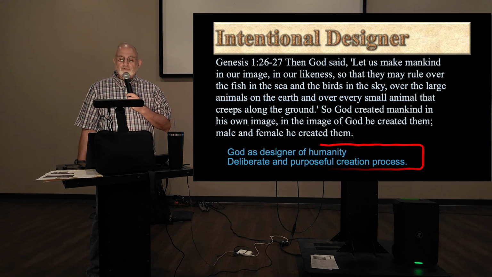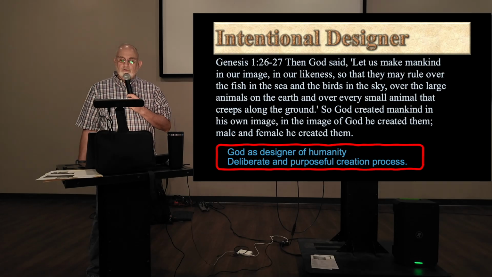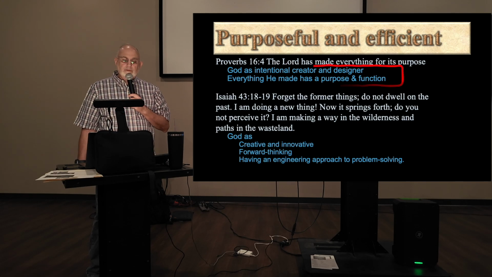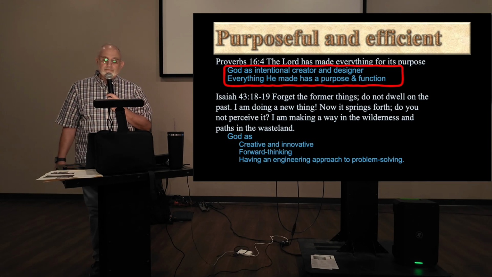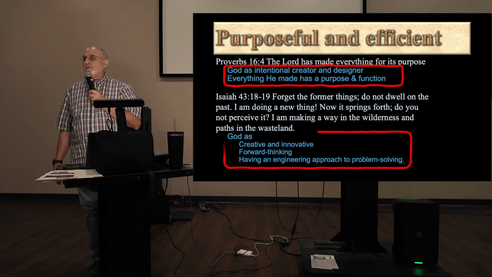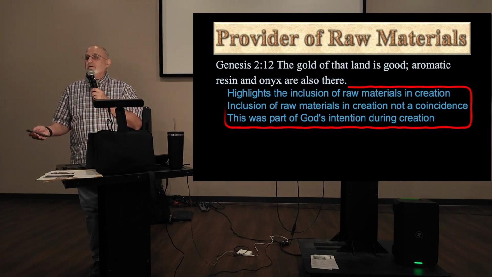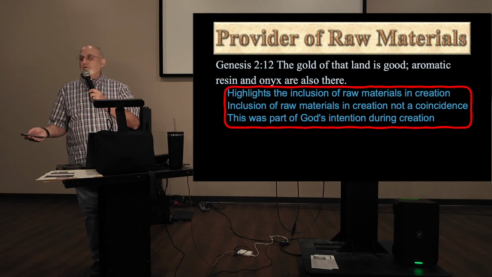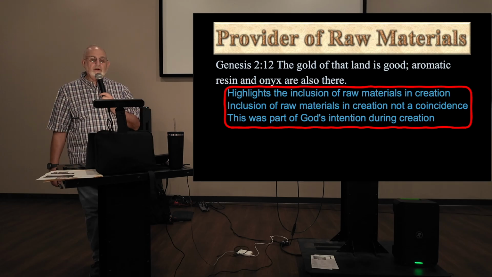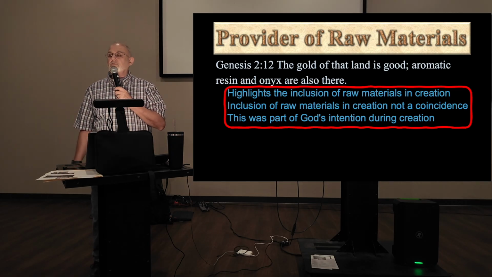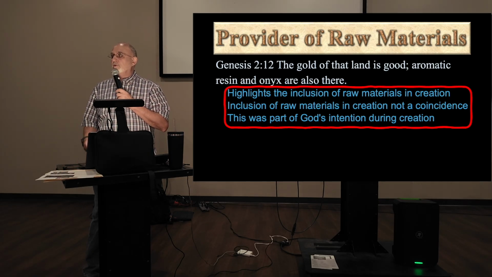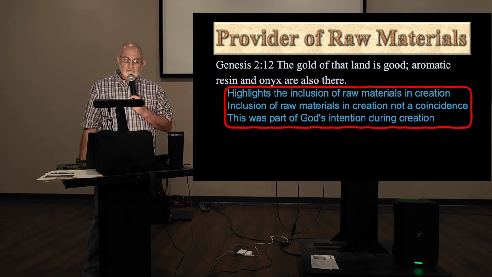He is an intentional designer. He is also purposeful and efficient. He is beyond that. He is the provider of all the things we need to make the things that we make and the things that he made. He had to make all of the raw materials for those things. So he provided raw materials. We see this as early as Genesis 2, talking about different materials that were made available for people to use